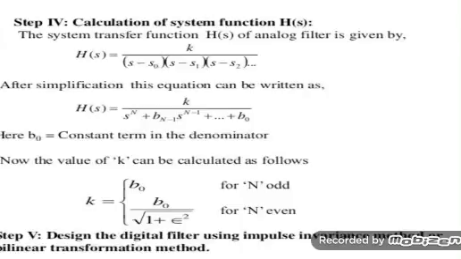Ripple. Although the Chebyshev filter provides a steep roll-off, this is at the cost of ripple. Although there are different types of Chebyshev filter, this aspect of its performance may prevent it from being used. Cutoff frequency. The common definition of the cutoff frequency as the point at which the response falls to -3 dB does not hold for Chebyshev filters in view of the in-band ripple. Instead, the cutoff is taken as the point at which the gain falls to the value of the ripple for the final time. This can be seen from the diagram of the typical response of a Chebyshev filter.